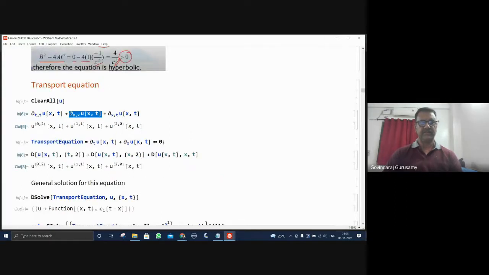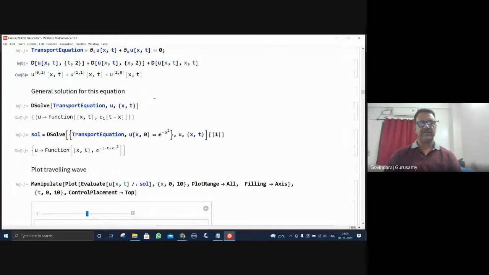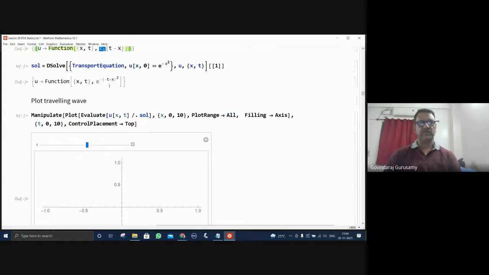so-called transport equation, or the partial differential equation of first order, in which the two first order variables have both been considered. When that's equal to 0, that's going to be a transport equation, which is what we want to convey here. Let's assume that this is right. C1 can be a sine, cos, tan hx, cot hx, logarithmic of t minus x, anything that will satisfy. Okay, so for the time being, we'll assume that this is right,